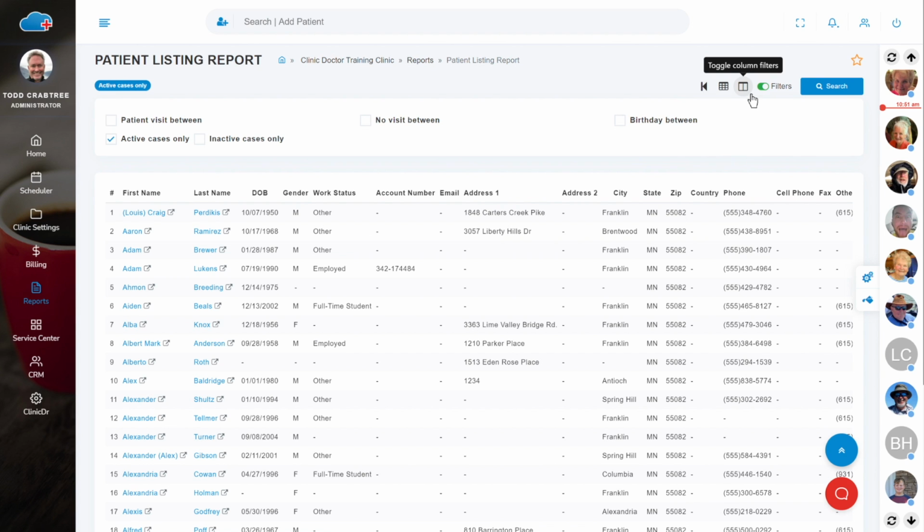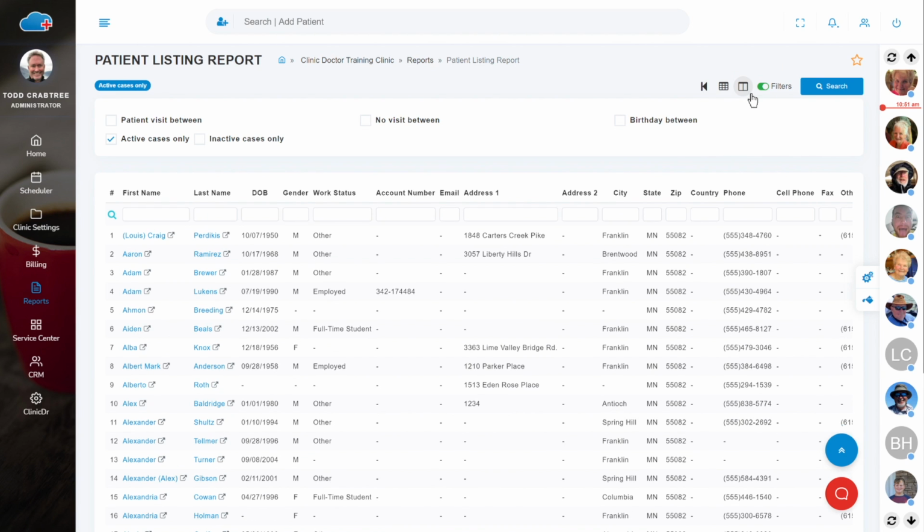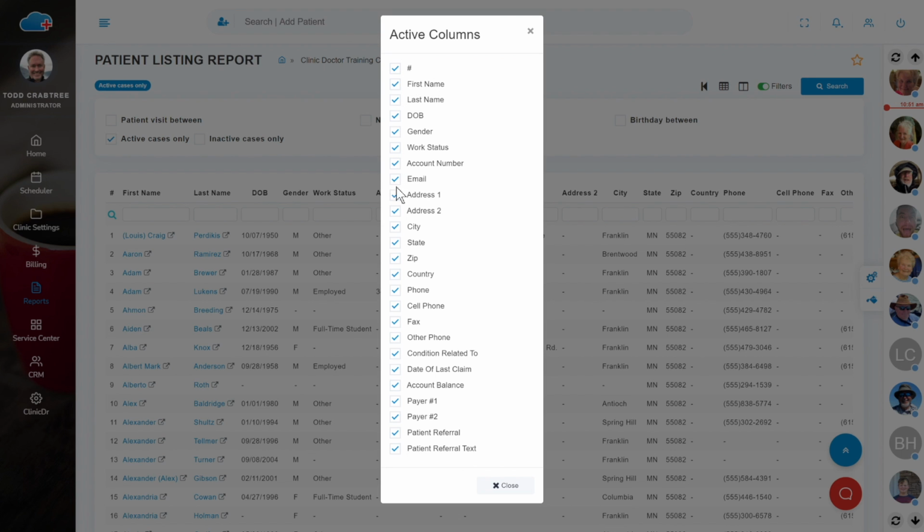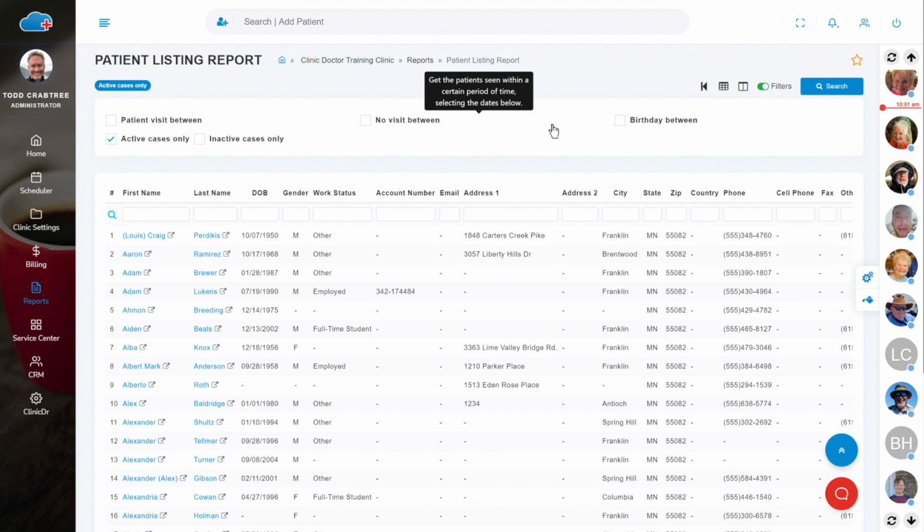You can actually open this up and do some column filters if you'd like to, or you can click Column Selector and choose which columns to include or exclude in your export. Once you have the selection that you're looking for,